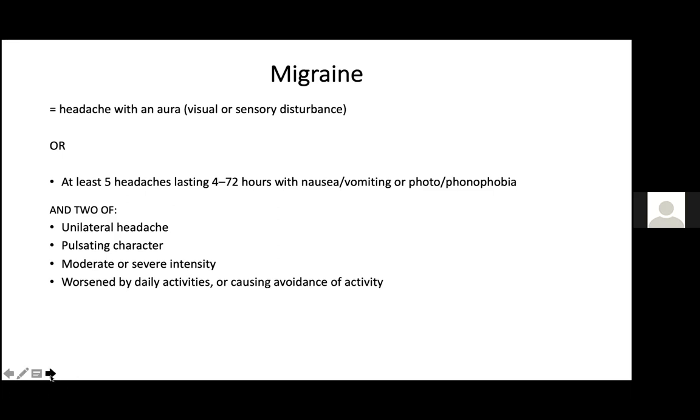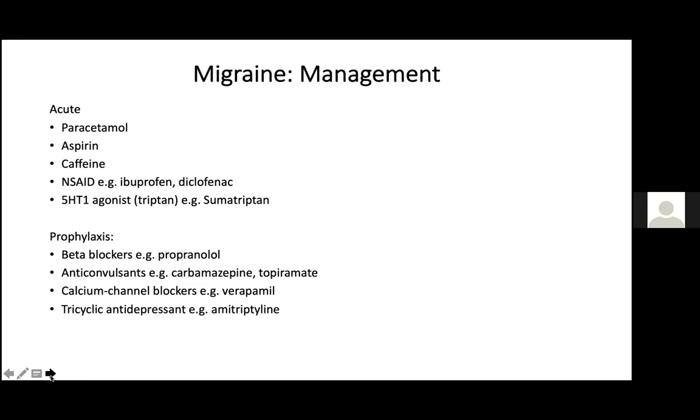And in terms of management of migraine, this is split into acute management and prophylaxis. In terms of acute management, this is a bit of trial and error in GP. Normally we try simple analgesia, so paracetamol, ibuprofen, aspirin can sometimes help. Caffeine is helpful to some people, but not others. However, many people find the 5-HT agonists, the triptans, the most useful thing in the acute treatment of a migraine. So most often we go with triptans, but some people's migraines do respond to paracetamol, aspirin, NSAIDs, things